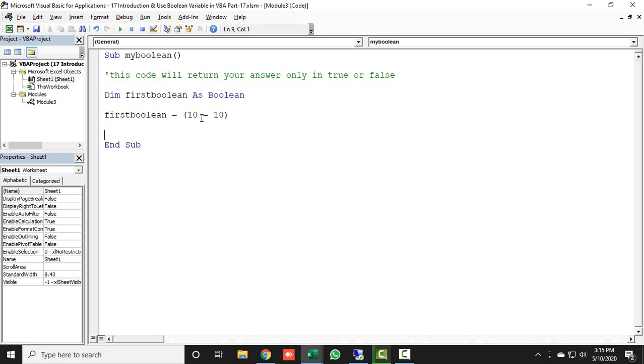So how can we take the result? Let's use a message box. Here you can use a message box to get your result, and the Boolean name is first Boolean, then close the bracket and press F5 to see the result. It will return, I think, true. Let's check.